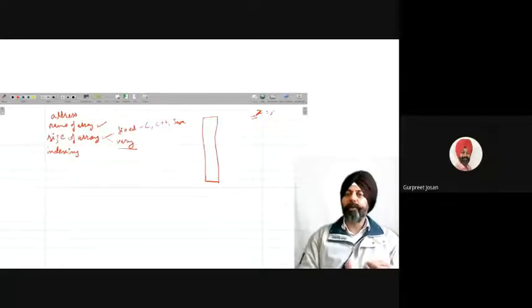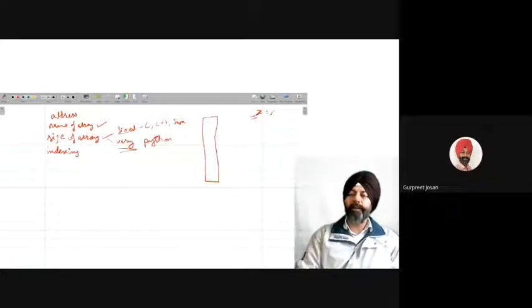During execution, you can expand the size of the array, but other languages may not support the expansion of the array. So these are fixed size array and variable size array. So Python supports variable size array. So you can increase or decrease the size of the array as per your requirement.